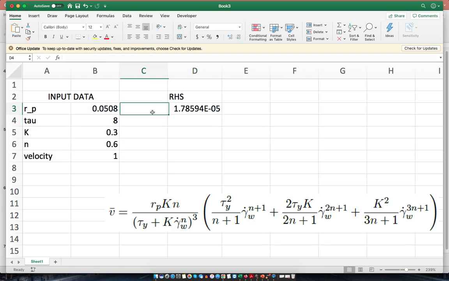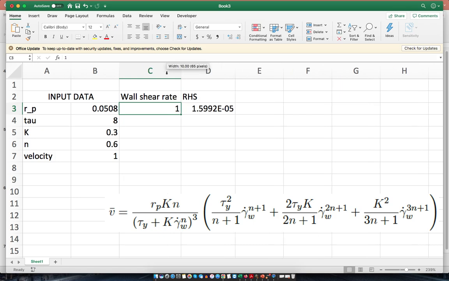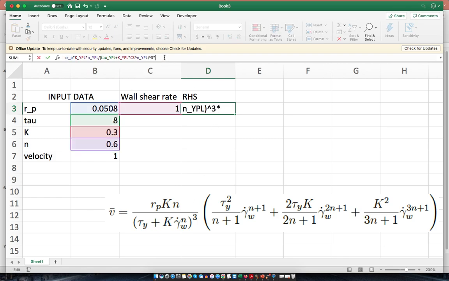Let me hit enter first for now, and I put this one in gamma here equal to 1, for example. I put it here. Wall shear rate. So I already finished this part of the equation. Let me continue with the other part. Times open bracket tau